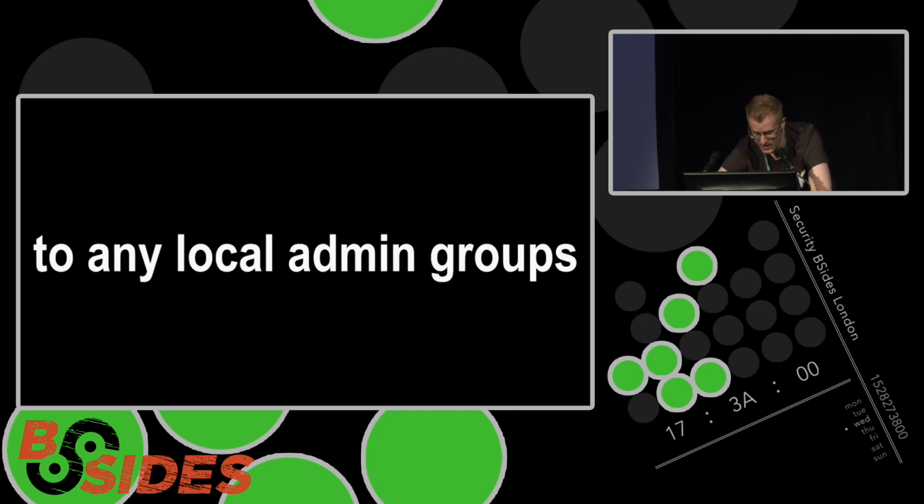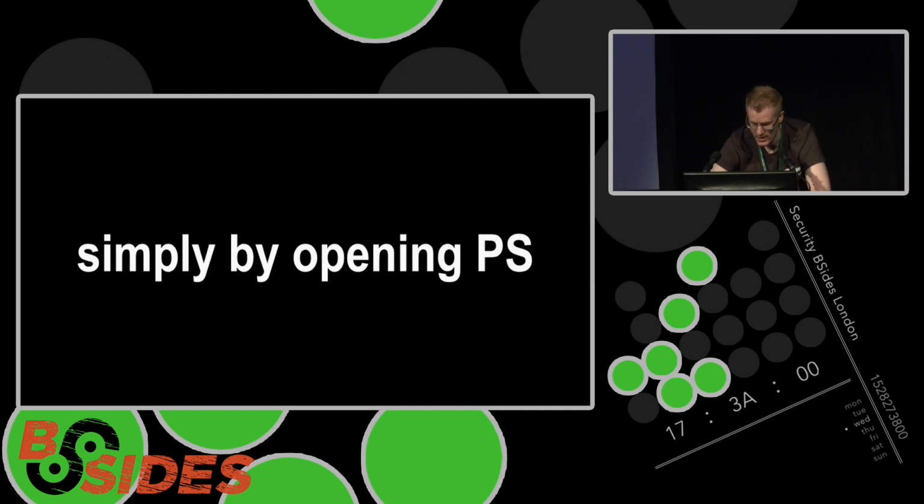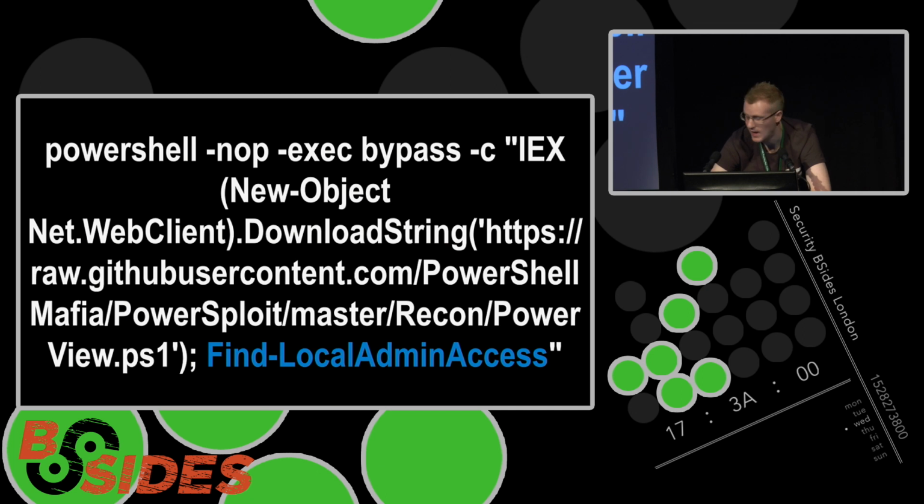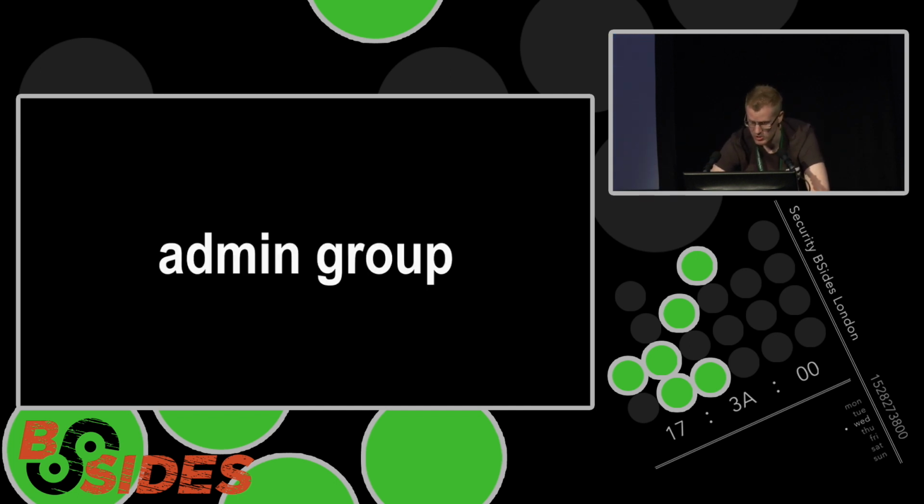Okay, by the way, to any local group, simply by opening PowerShell and pasting the following. And that's what I needed to see. So to see if you're a local admin on any machine, that's all you have to do. Now, if you belong to the local admin group, you can